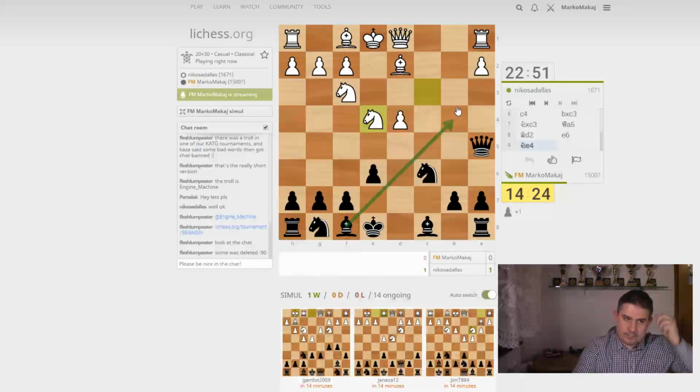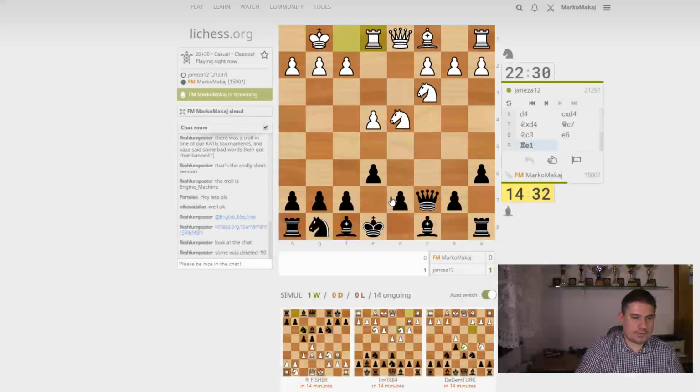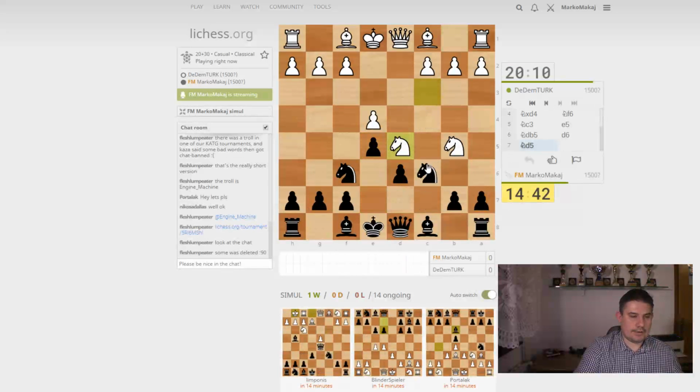Probably I can. Bishop e4, but I have to be careful because knight e6 is a possibility there. And then I cannot take with the bishop on d6 because my queen is hanging. So let's go with the queen on d8. Castle, bishop e7, of course, d6, knight c6, knight bd2,